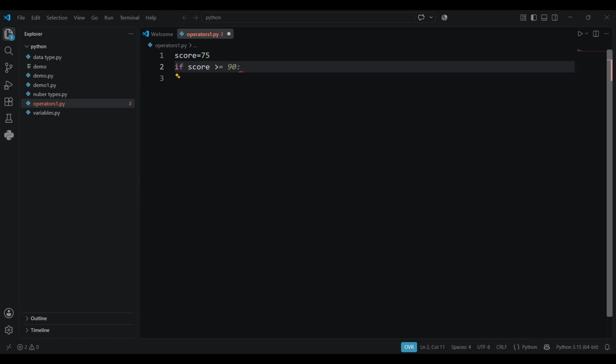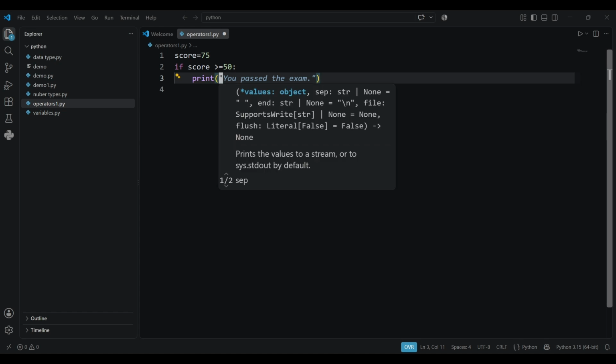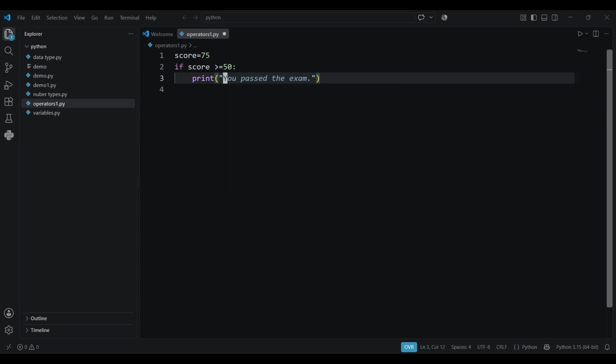Let's try another example. Suppose we have a student score. score = 75. We want to check whether the student passed. We'll say that a score of 50 or higher is a passing score. If score >= 50, print passed, else print failed. Because 75 is greater than 50,